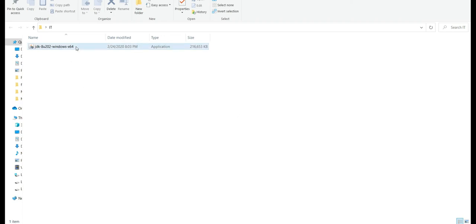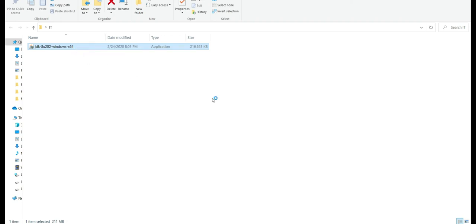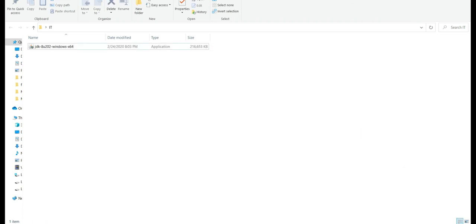To install it, right click on the application file, then click on run as administrator. Click on next.